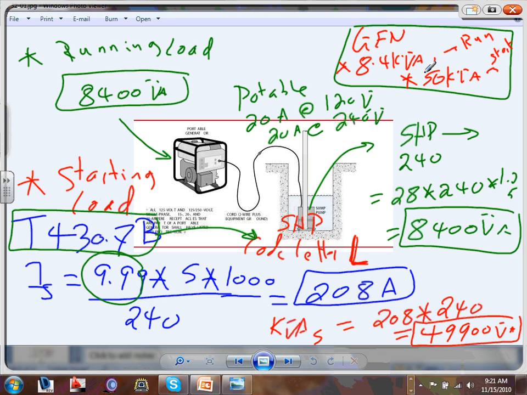I can't emphasize this enough, guys: when you size a generator, you size it for the worst case. Next quarter, you're going to have software. You're not going to do it by hand. The software is going to ask you what's the horsepower of the motor. You put in the horsepower, the voltage, the power factor, and the code letter of the motor, and the software will calculate two values: the starting current, the inrush, of these motors, as well as the running